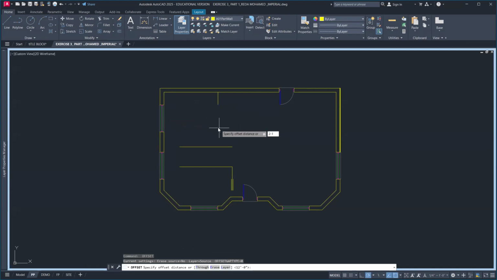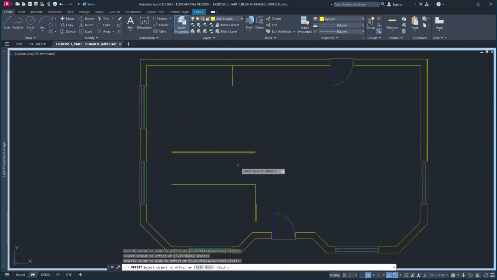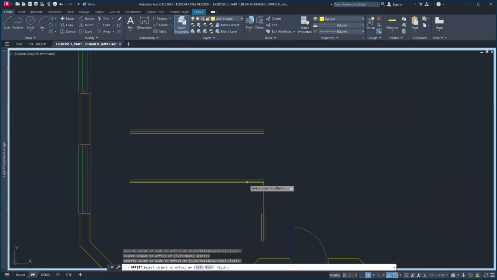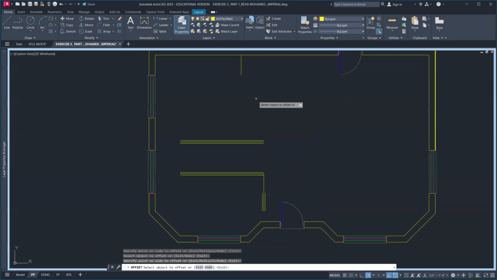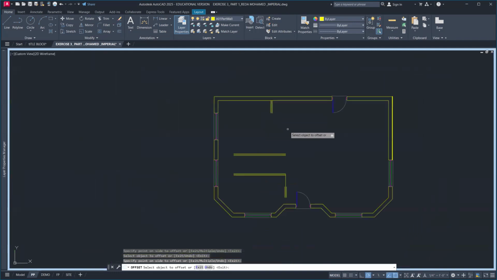2 and 1/4. Yeah, 1/4. Okay. So this is 2 and 1/4 to the top, 2 and 1/4 down. This as well, 2 and 1/4 up, 2 and 1/4 down. This is 2 and 1/4 to the left and 2 and 1/4 to the right. Okay. Now I'm going to